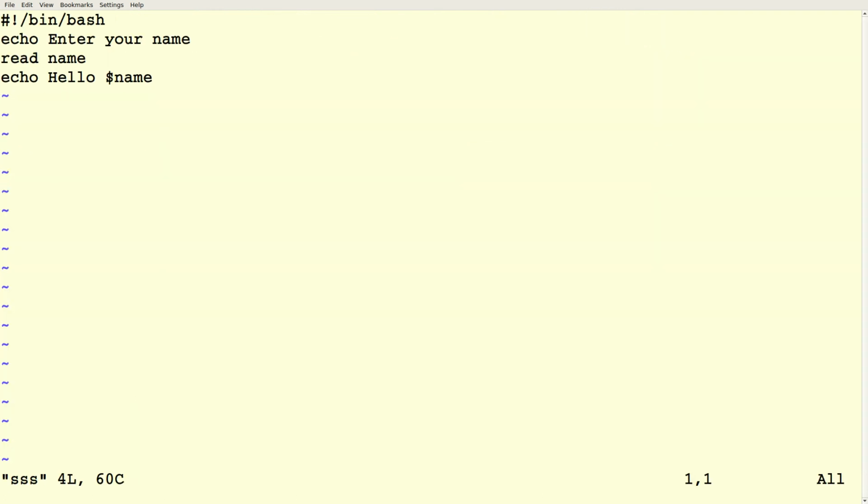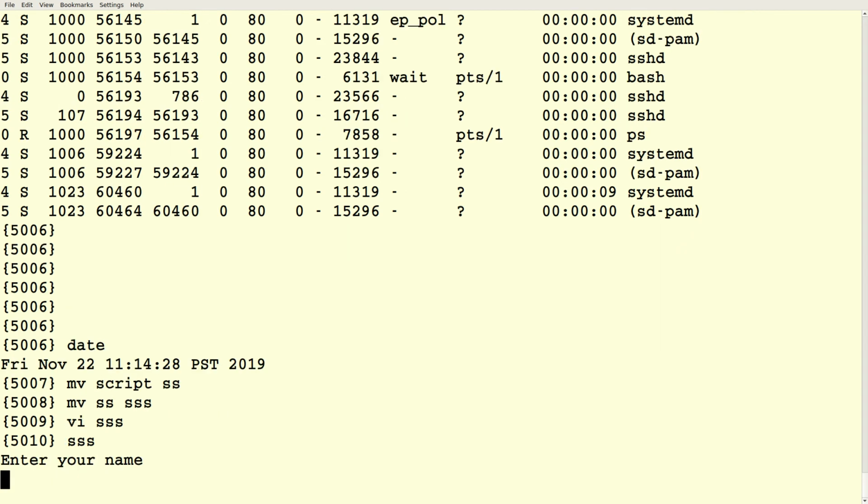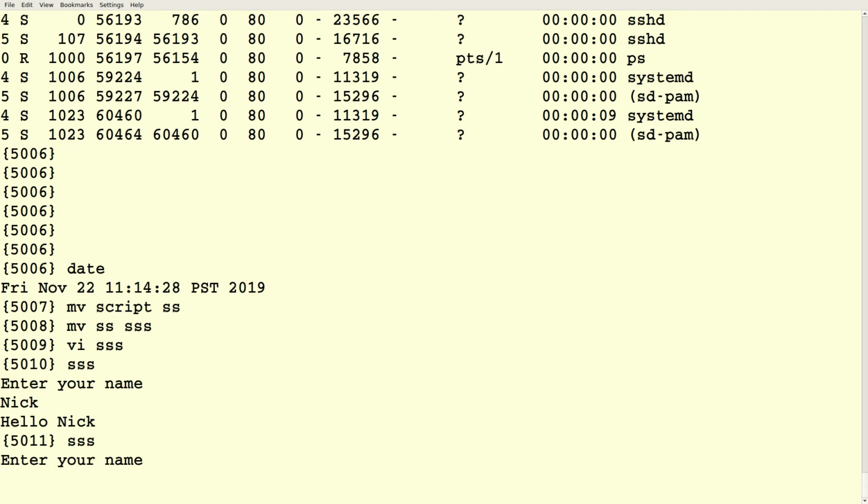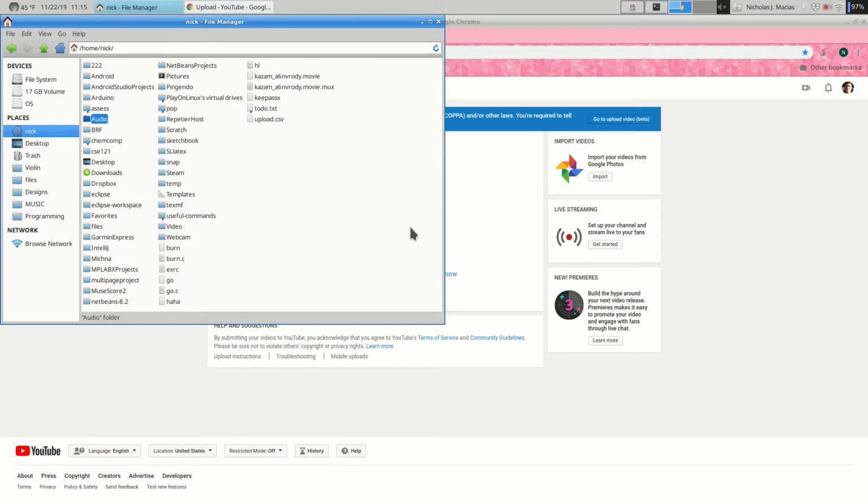Alright, so here's a simple little script that basically says enter your name, waits for me to type in a name, says hello, whatever my name is. So it says enter your name, I can put in my name, it says hello Nick. Okay, so I run the script, it says enter your name. Let me hop on to another account